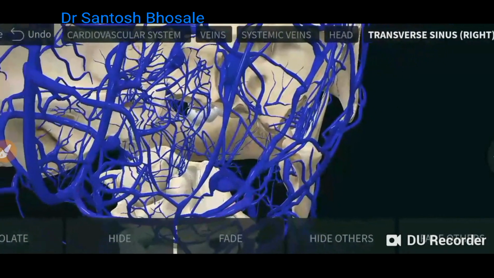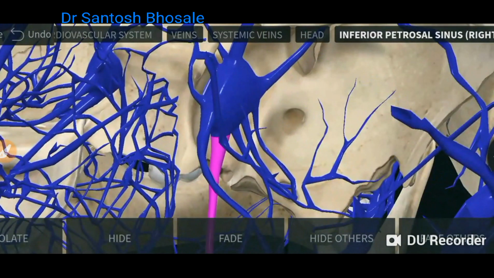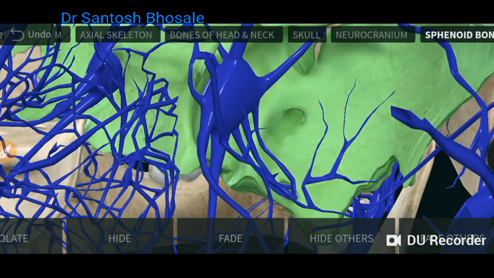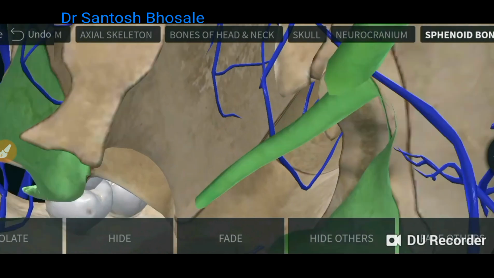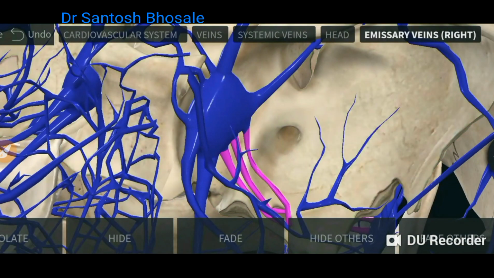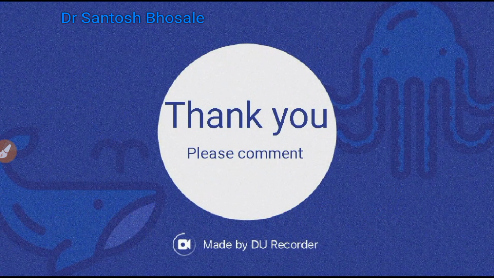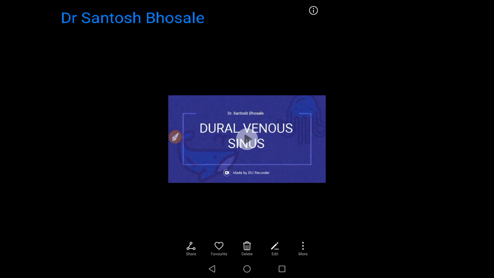So you have seen the 7 tributaries, now you have seen the communications. It communicates with the opposite cavernous sinus via the anterior and posterior intercavernous sinus, to the transverse sinus via the superior petrosal, and to the internal jugular via the inferior petrosal, that you have seen now. And it also communicates with the pterygoid venous plexus outside the skull, through emissary veins passing through the foramen ovale. So it has communications with the outside, the face, which makes it prone to infections. Thank you.